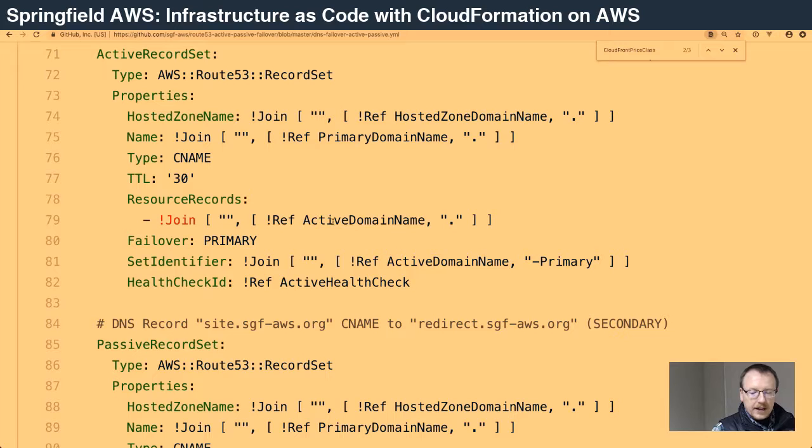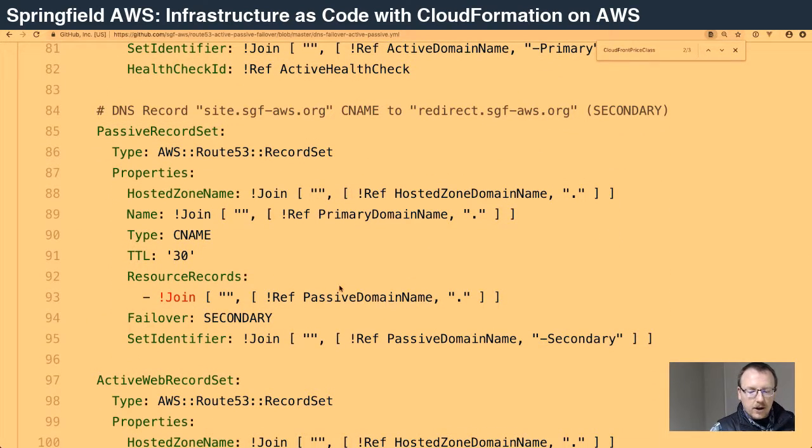The primary record is basically your record when the health check is passing, and so it's pointed to the active domain. Your secondary record is what is returned when the health check is failing, and that's your passive domain name. And we talked briefly on this last month. If you end up digging into it and you want to see what it looks like,